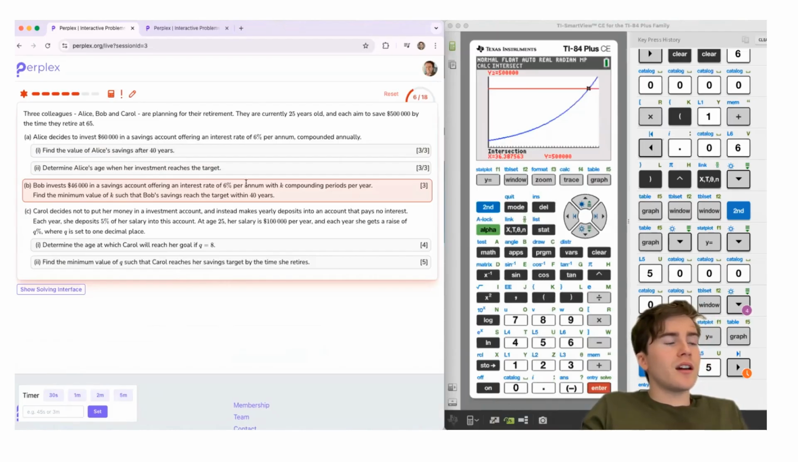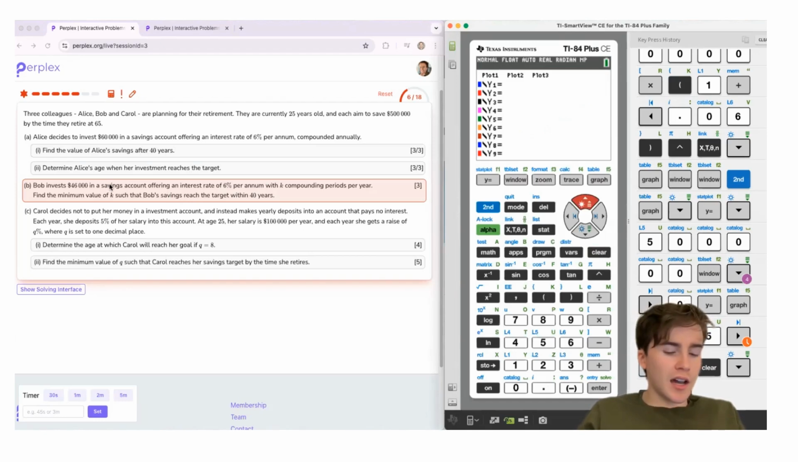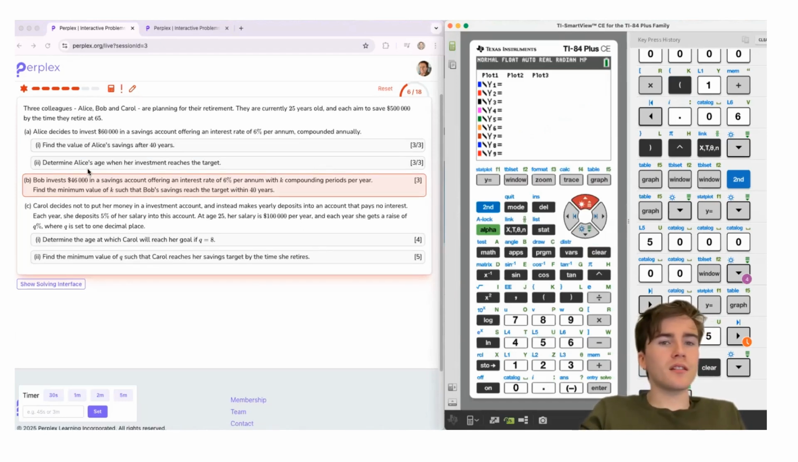In part B, Bob is investing 46,000 in a savings account, offering an interest rate of 6% per annum. So the same percentage interest rate, but he's investing less, but his is going to compound K times per year. And we want to find the minimum value of K such that Bob's savings reach the target within 40 years, okay? But basically, we're going to use the same formula. FV is equal to PV times 1 plus R over 100K to the power of NK. And in this case, we just have the same R as last time, 6, and the only thing that's changing is that K is equal to,